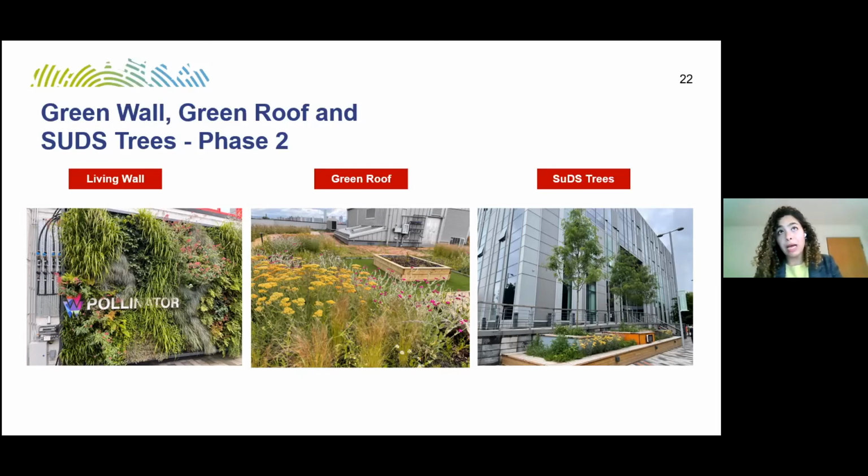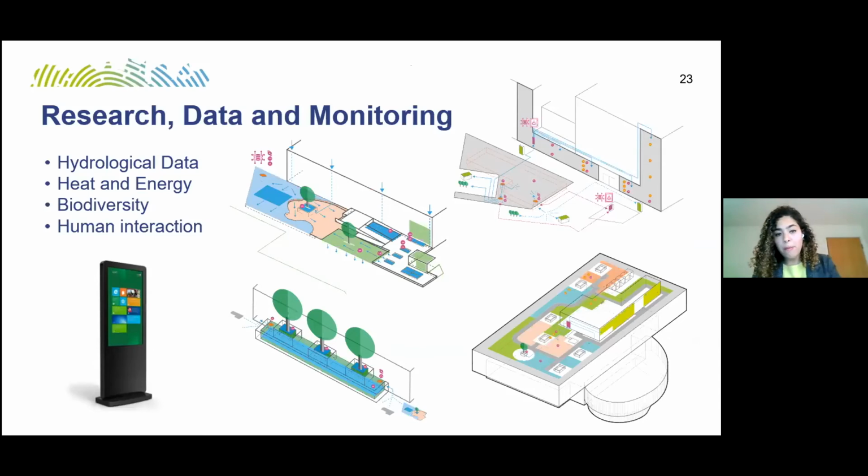And adding to that, we do have the monitoring of the data, which is not just for maintenance, but rather for collating a lot of information about the different parts of the living lab, as I will mention in a bit. So basically that brings me to the research, data, and monitoring part, which is what happens underground and what happens offsite. So as I mentioned, there are a lot of connections, but those connections feed into data.